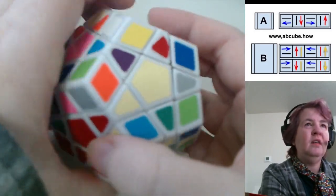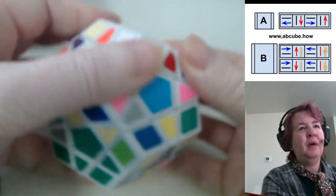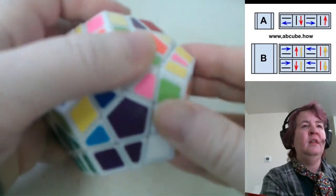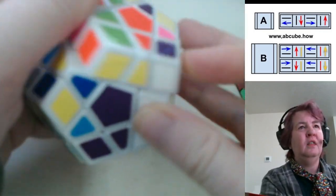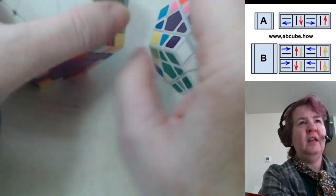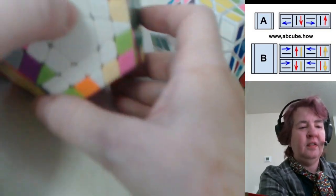There's another white. Looking for another white. Here's a white. Bring it above where it wants to be. Drop it down and place it. Okay, so there's the white corners and star tips. Stars and corners are done. So this one,